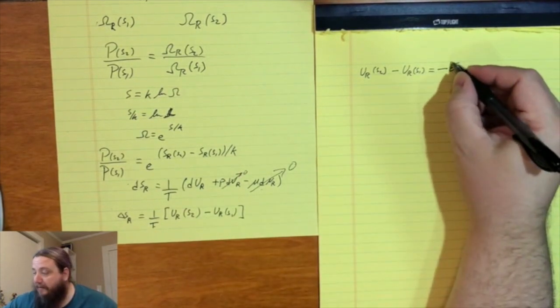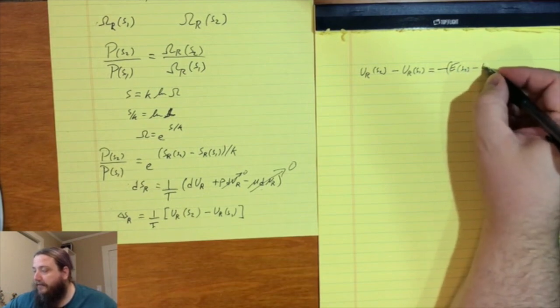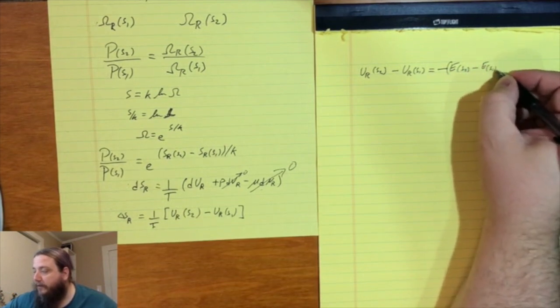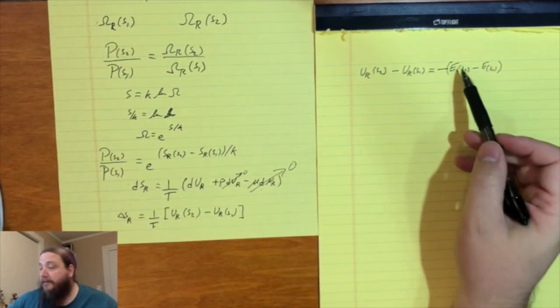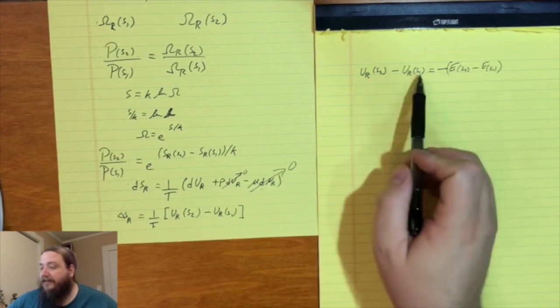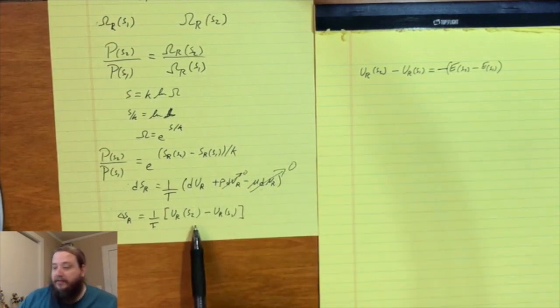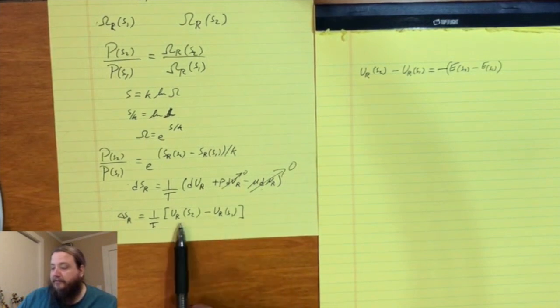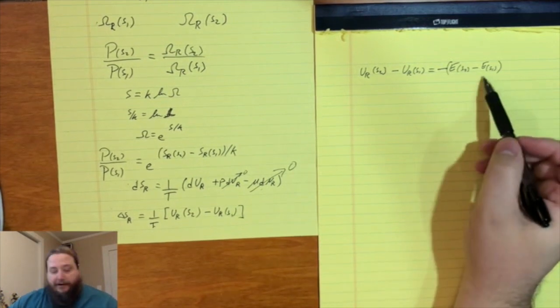So it must be the opposite of the energy at state 2 minus the energy at state 1, where these energies are talking about the energy of the system itself, in this case our atom, whereas these are talking about the thermal energy of our reservoir. So if we replace the energy difference of the reservoir here with the energy difference of our atom,